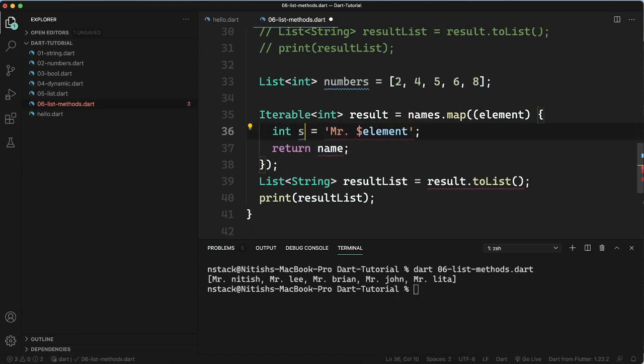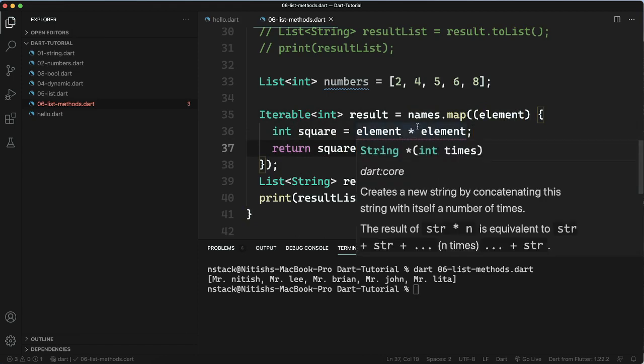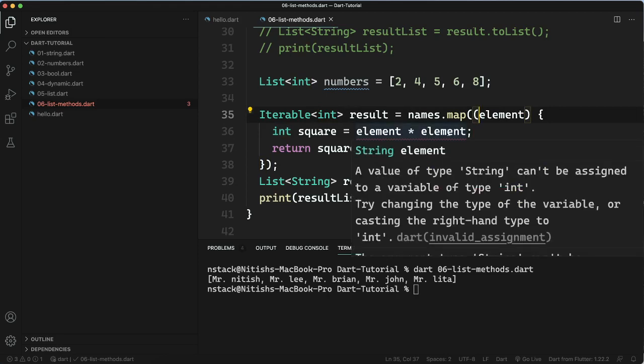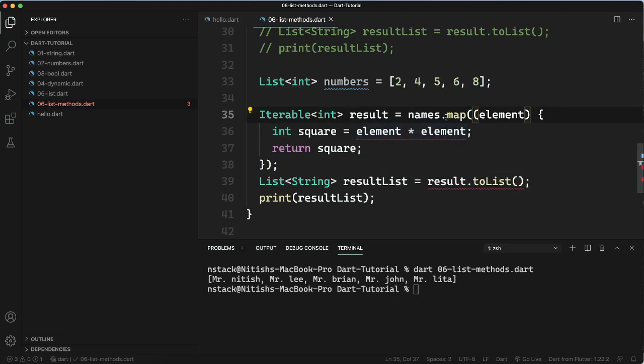And how can we do that? Element. Is it fine? I have to mention int here, I think. No, if I am having this element, it is saying that probably there is some mistake. It is saying that it is of type string. Okay, the map name. I am applying it on names, so we need to convert it to numbers. So we are doing this, numbers dot map.